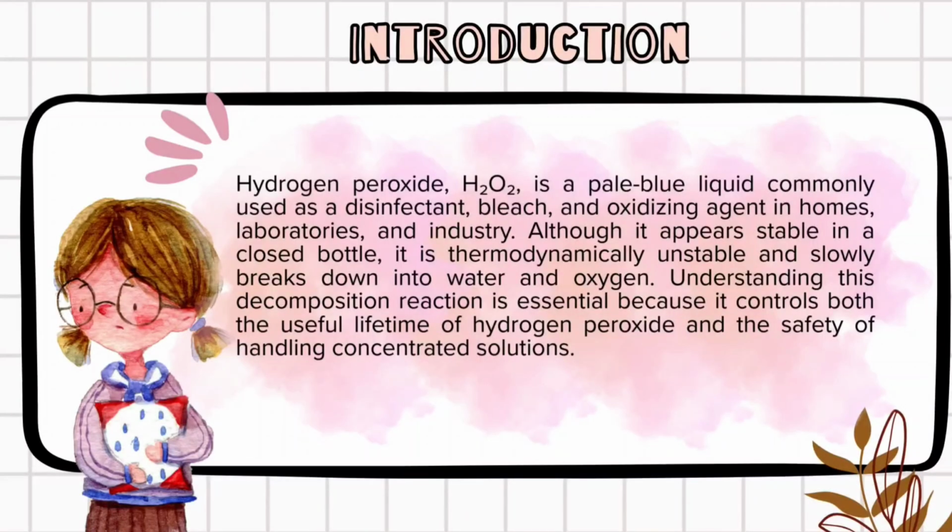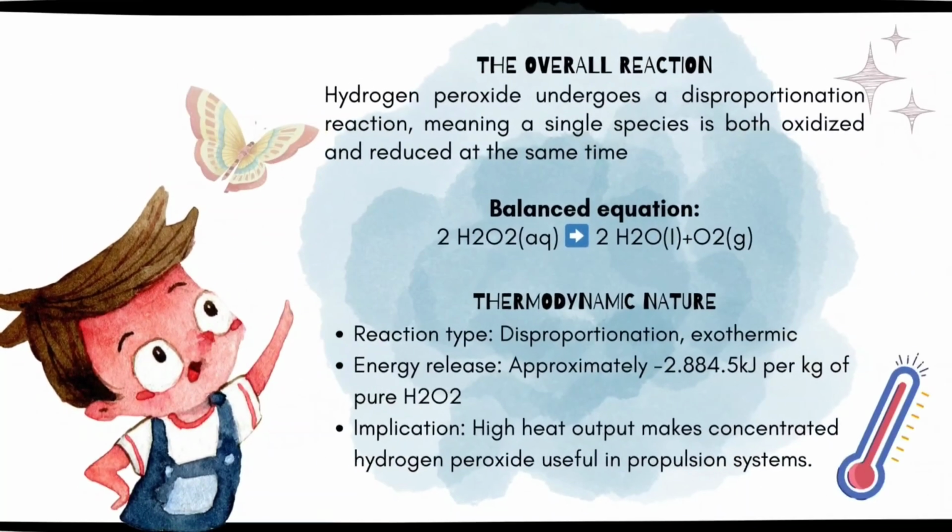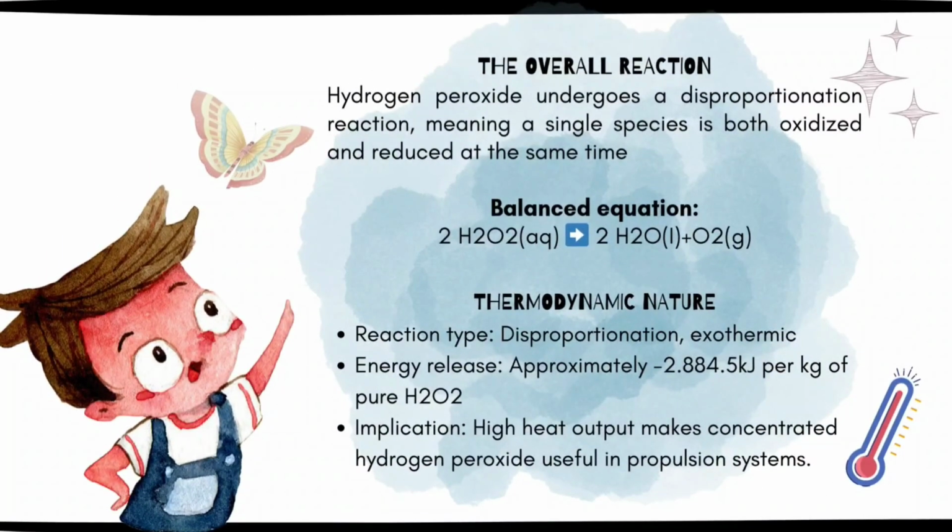Hydrogen peroxide is a pale blue liquid that is widely used as a disinfectant, bleaching agent and oxidizing agent in household, laboratory and industrial application. Even though it seems stable during storage, it is actually thermodynamically unstable and gradually breaks down into water and oxygen. Understanding this process is important because it affects both how long hydrogen peroxide remains useful and how safely concentrated solution can be handled. This breakdown of hydrogen peroxide is known as a